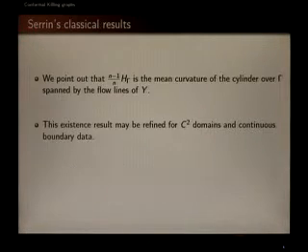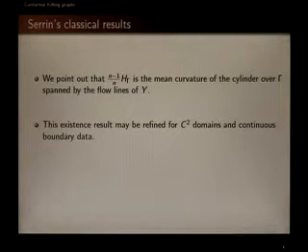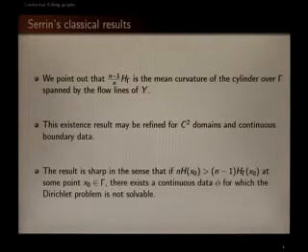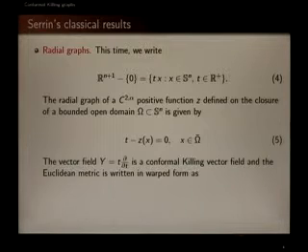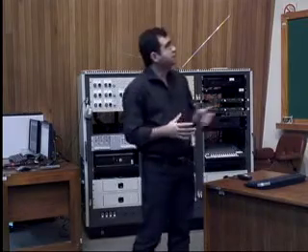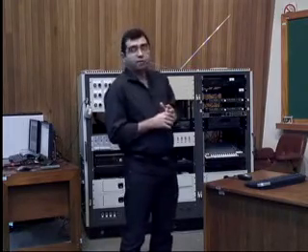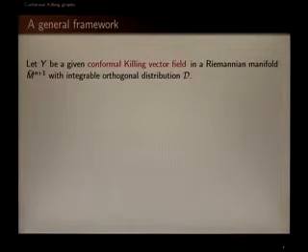Some comments on these results by Serrin. The first one is that this quantity, H gamma times this number, is the mean curvature of the cylinder over the domain in both cases. The second one is that these results may be refined for continuous data. And both results are sharp in the sense that if you invert the sense of the inequality, you may produce boundary data which gives some non-solvable Dirichlet problems. Then you may put these results in a common framework, described by this construction. You give a manifold M bar, a Riemannian manifold, endowed with a conformal Killing vector field, and then you